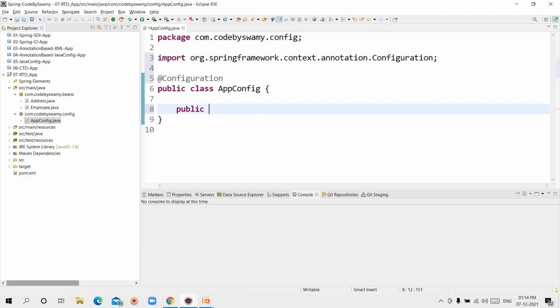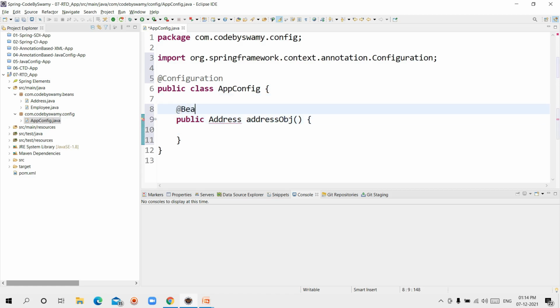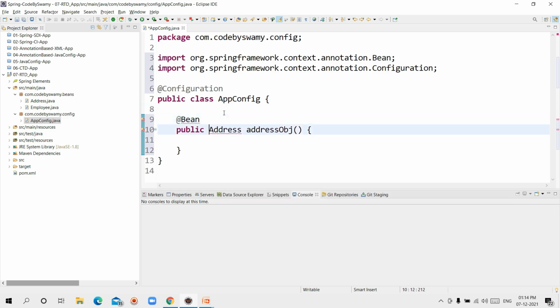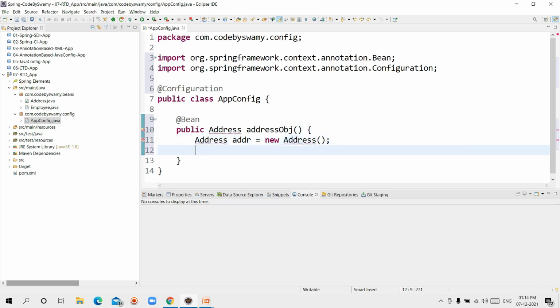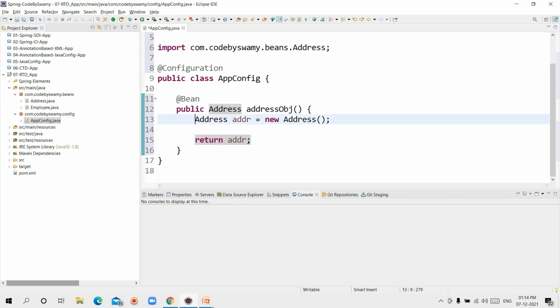Public Address, I am writing the method name as addressObj. On top of this method write the @Bean annotation. Create the object for Address: Address addr is equal to new Address. Return addr. Control Shift O for the imports. No need to write import statements manually.